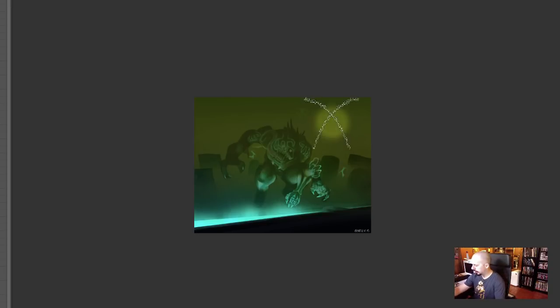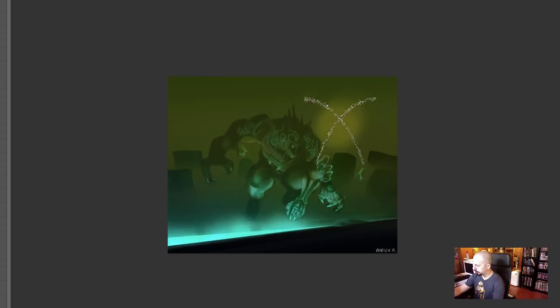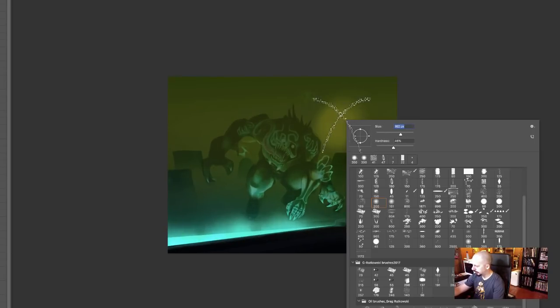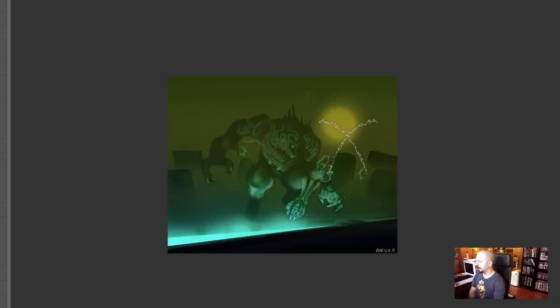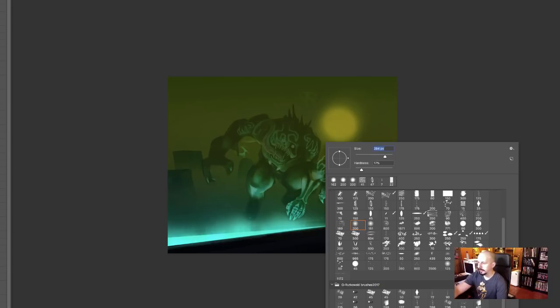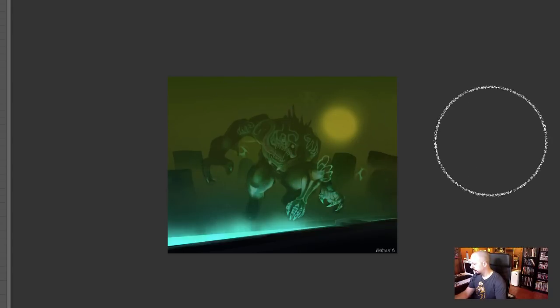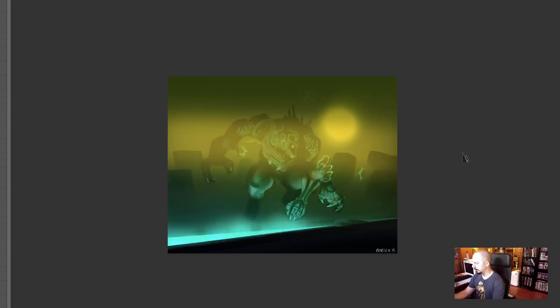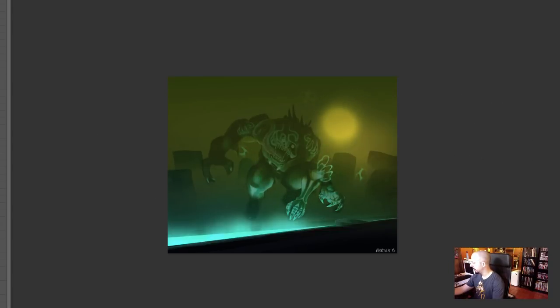But color dodge, I'd add some kind of sickly, gross yellow moon or some kind of hazy indication of that in the background. And as a result, even that can be part of that graphic design element as a line in the background. Now this is going to be done extremely delicately.